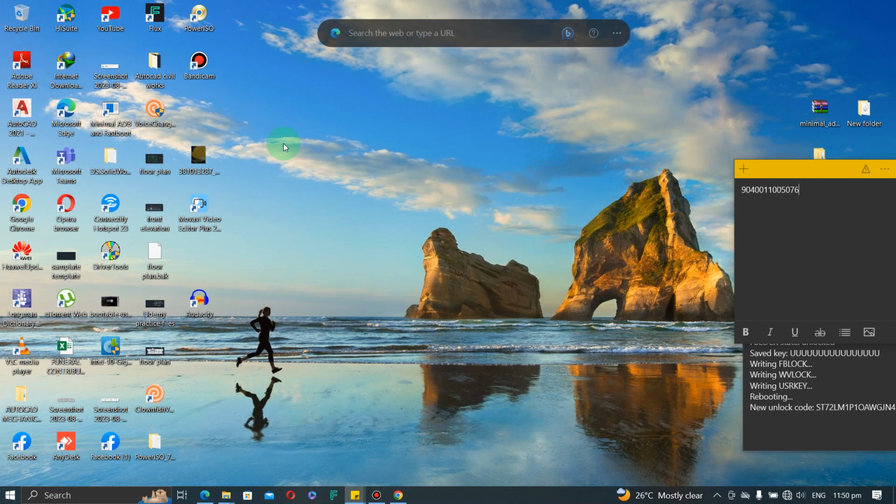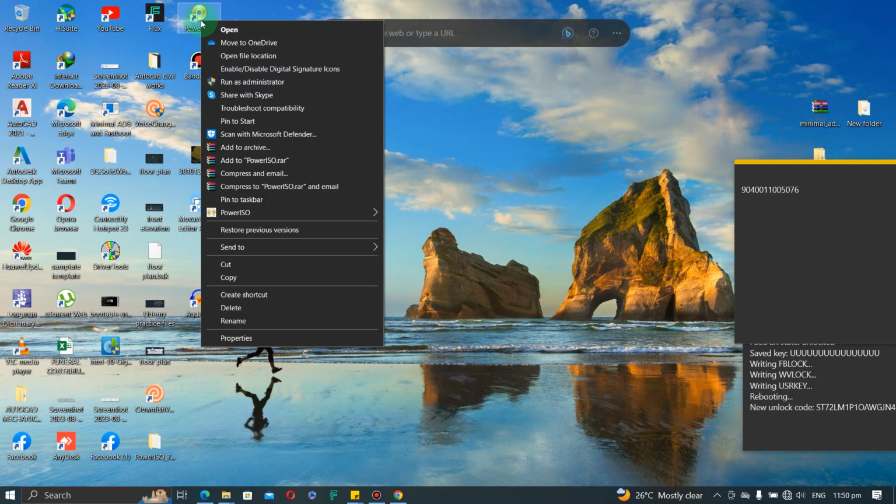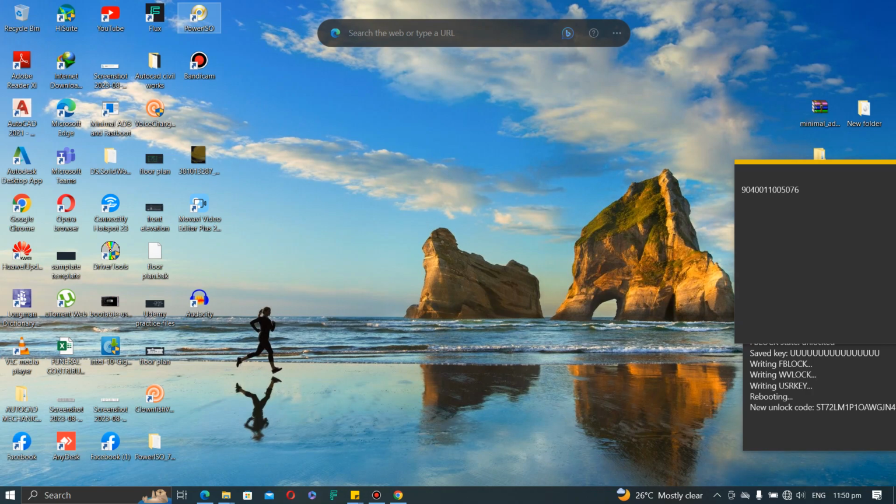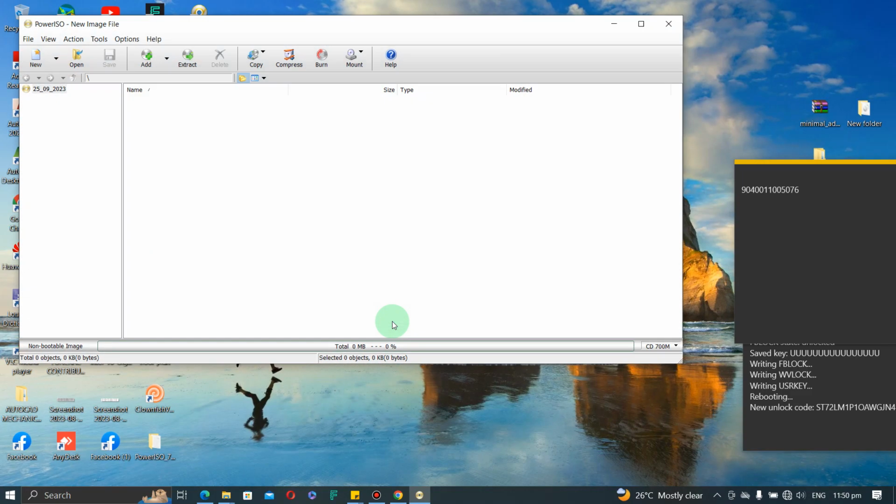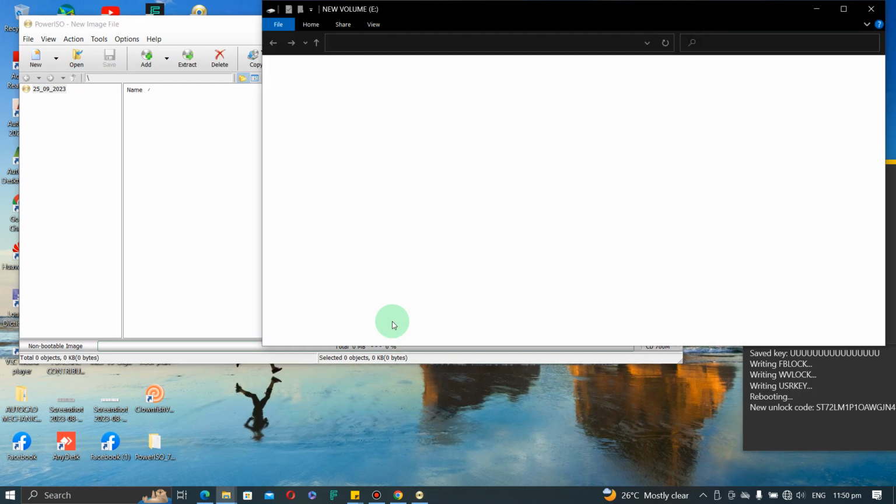The things that you need are a USB pen drive of 8 gigabytes and above, and the software, PowerISO, installed on your machine. Okay, so to start, you have to open your PowerISO and run it as an administrator. You right click on it, select run as administrator, and click on yes. So it will open. Now when it's open, make sure you insert your pen drive or your USB drive. You insert it. Okay,